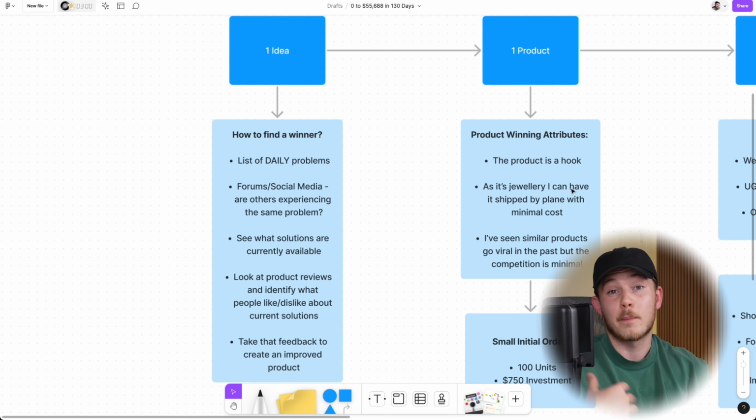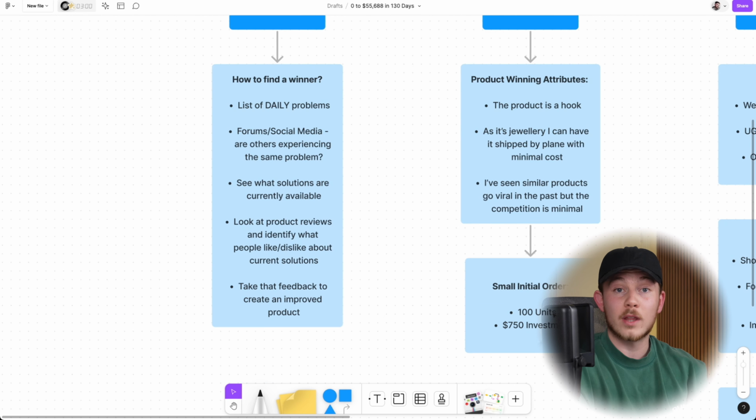And before we move on to the rest of this video, that is one thing to bear in mind here, that this is always going to be a risk, but it needs to be a calculated risk. And so everything I've provided you here within this framework is simply that. It's giving you all the tools in order to really eliminate all of the potential, absolute no-nos and end up with something that actually does have real opportunity. And so there is no guarantee, of course, that it's going to be the next winning product, but there is a much higher chance that it will be. And so by doing it this way, you're going to be taking a calculated risk with a high chance of being somewhat successful. And so with that in mind,